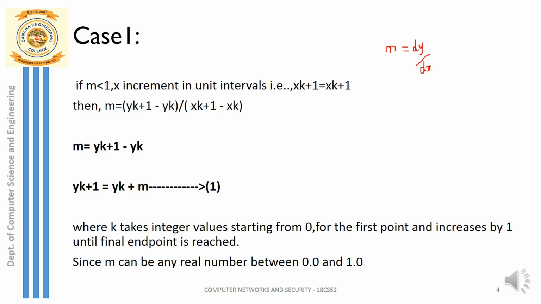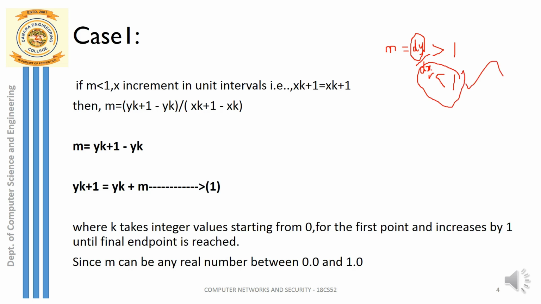Whenever change in y is greater than change in x, I always get a slope value greater than 1. And if change in x is greater than change in y, if the numerator is greater, then definitely the answer is greater than 1. But if the denominator is greater, in that case I always have a slope less than 1, right? So these are the 2 cases. Among these 2 cases, let's deal with the second case first. Next we'll move on to the first case.